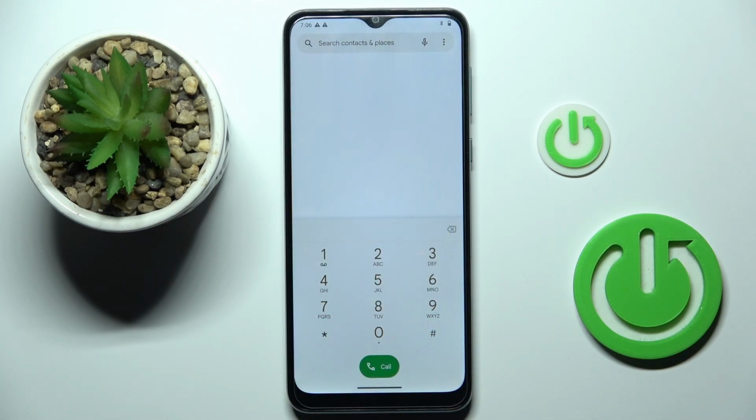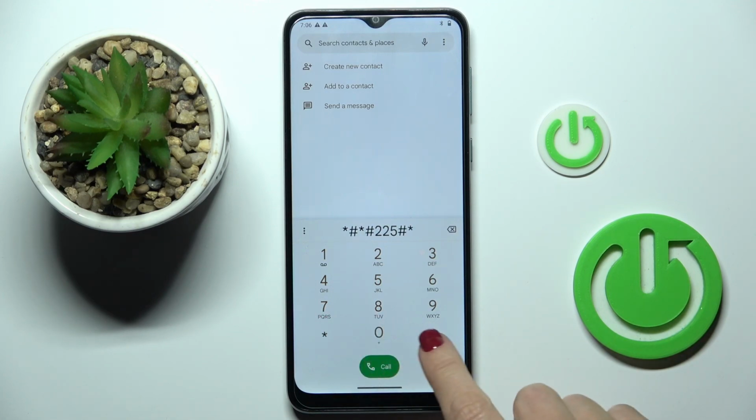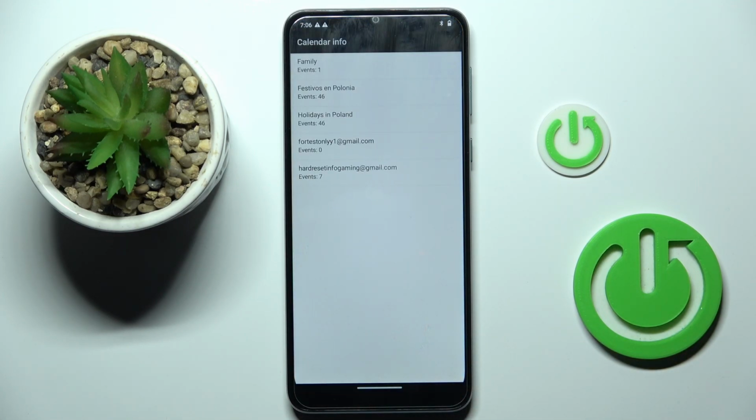And then another code that you can use is *#*#225#*#*. And here we've got the calendar info. So as you can see, every calendar that is connected to this device would be included here. Every email and the calendar that is connected to this email, so you will not forget about any important event. All events would be included here, so you can smoothly enter the code and check up what is in the